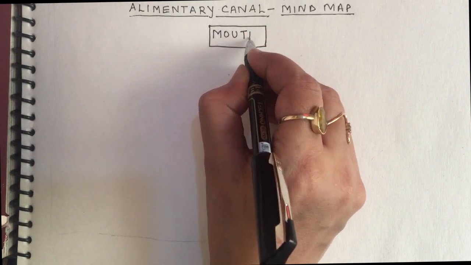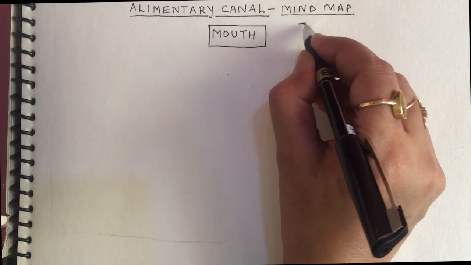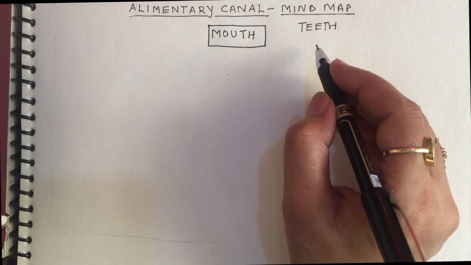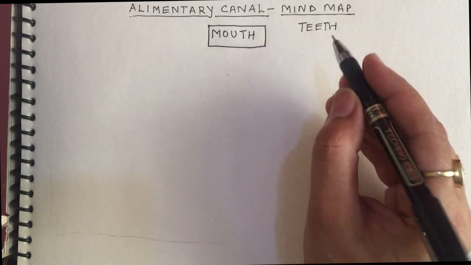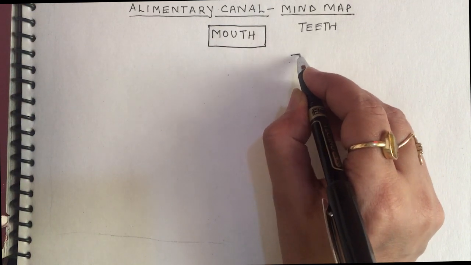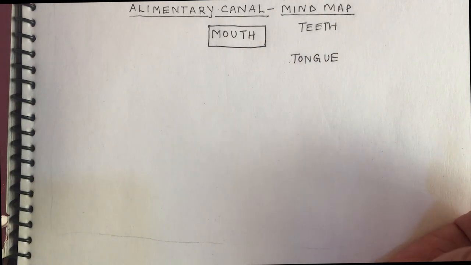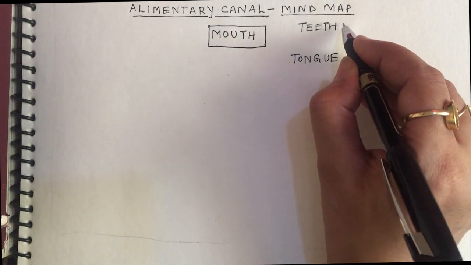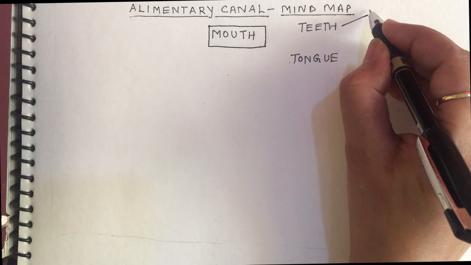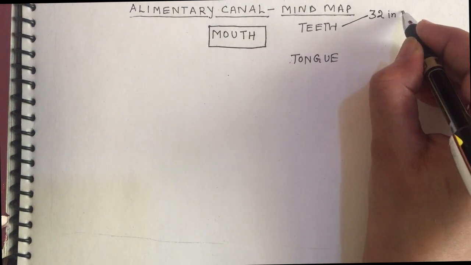This is our mouth. It has a buccal cavity which has three things in it. One is teeth. We have 32 teeth in our mouth when we are adult, and when we are small kid we have 20 temporary teeth. And we have tongue present in our mouth. So when we are talking about teeth, we can write here 32 in number,